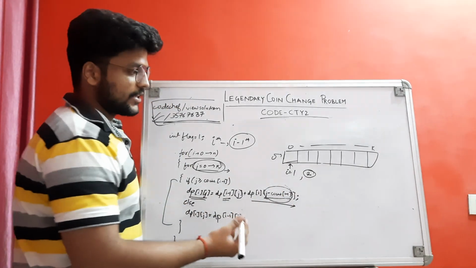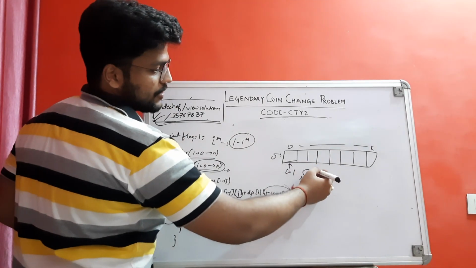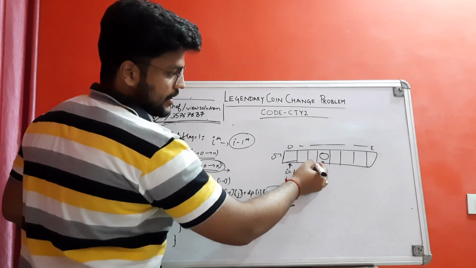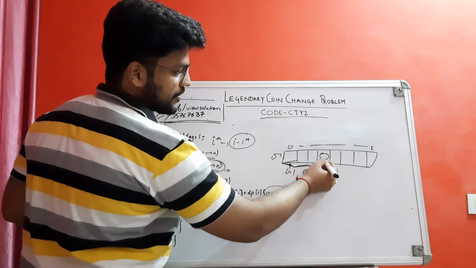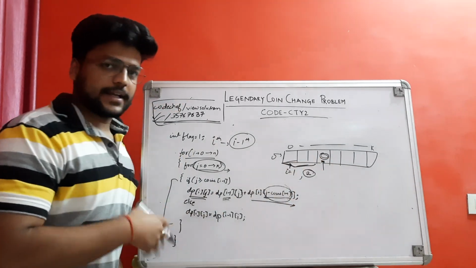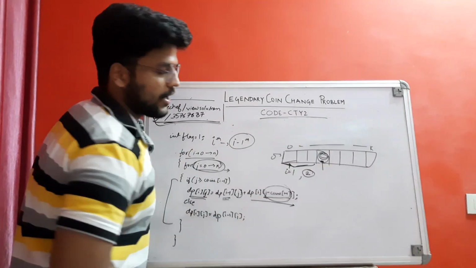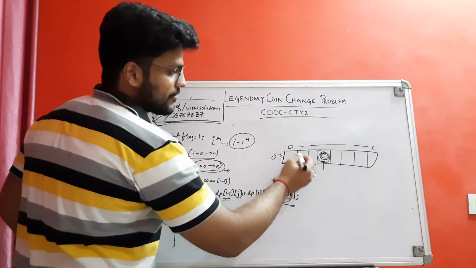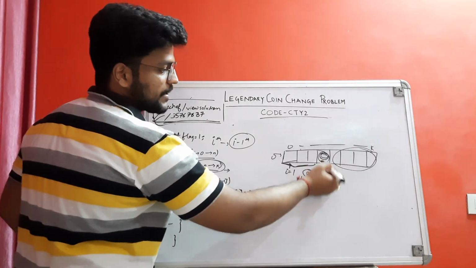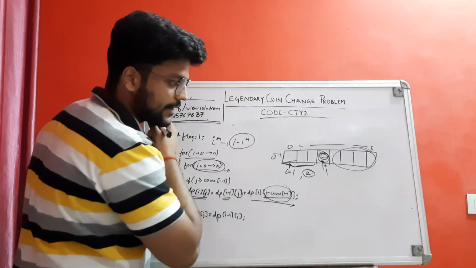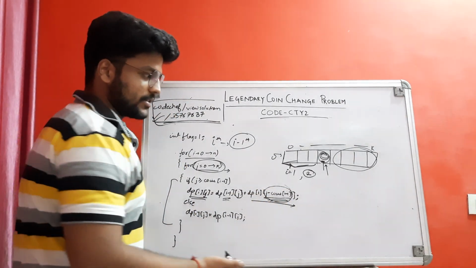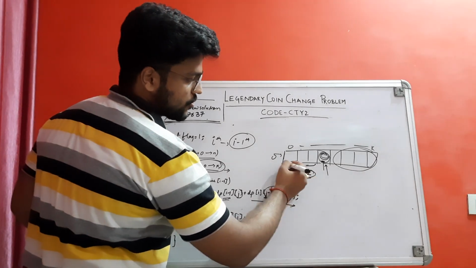write a code such that you can use the previously filled values to fill a particular column at a time, and use this column filled before this cell to fill this cell. Okay, so again to fill this cell, you have to use previously filled array values which are present here, okay, and previously present here only. And now also you have to use the column values which are being filled now onwards in this I is equals to 2th loop. So you have to use this value.